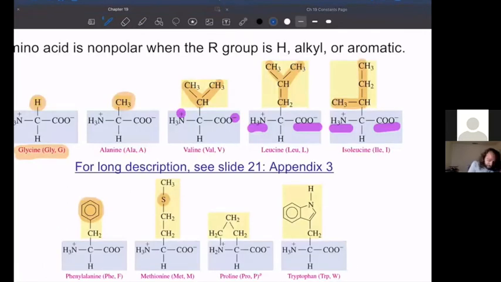And the last one is tryptophan, which is a huge R group. It's not only a benzene ring, but then also attached to a 5-member heterocyclic ring. It does have this group here, which could be capable of forming hydrogen bonds, but the butt end of that huge benzene 6-membered ring and the 5-membered ring, there's always that push-pull of a polar group and a nonpolar group. The nonpolar part is just too big to overcome the properties of that polar group. And so this is considered to be a nonpolar group.